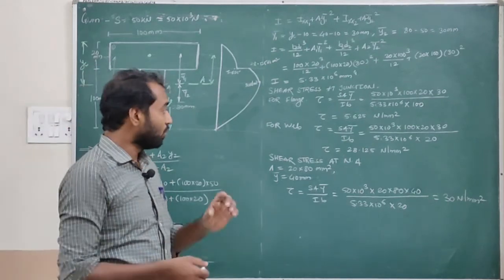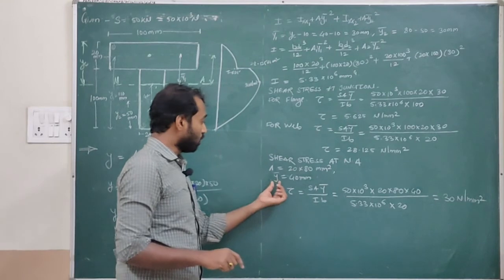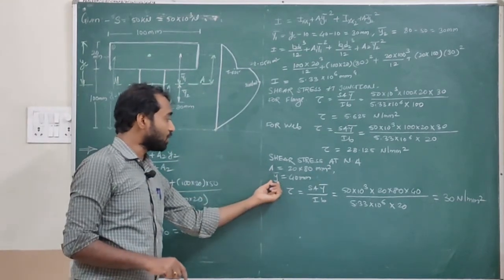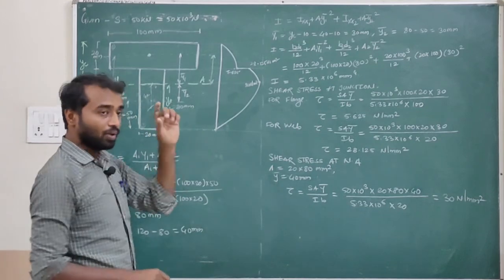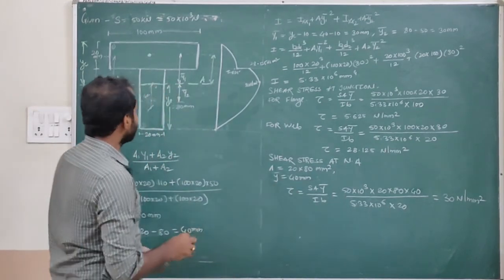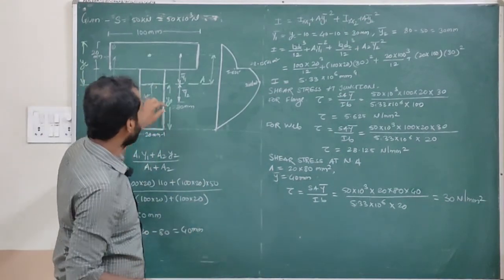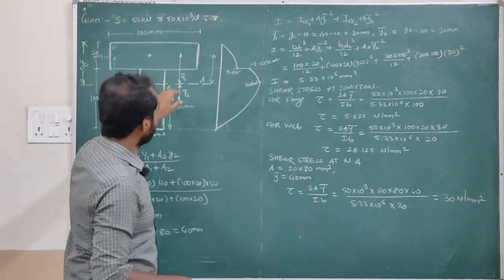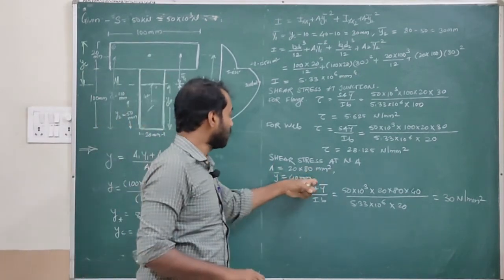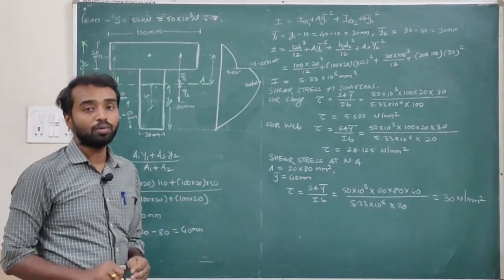Okay, so one thing where I have made a mistake in the numerical, I have wrongly taken this y bar in the previous initial calculation as 30, but one thing which you need to remember always, that y bar is the distance of center of gravity of the considered area. Okay, so I have directly taken this value as y2 bar, but it is 80 by 2, and 80 by 2 will be 40. So that point you need to keep in mind while solving the numerical.